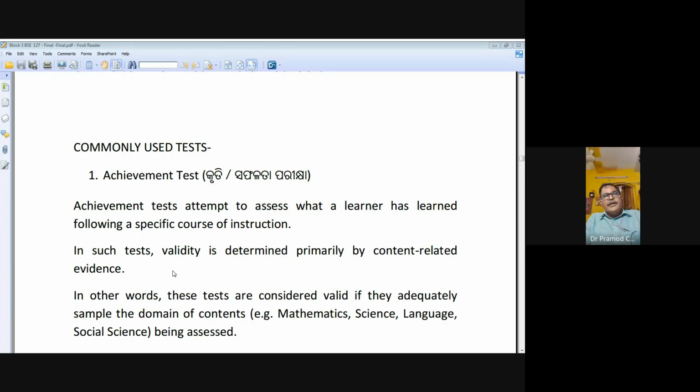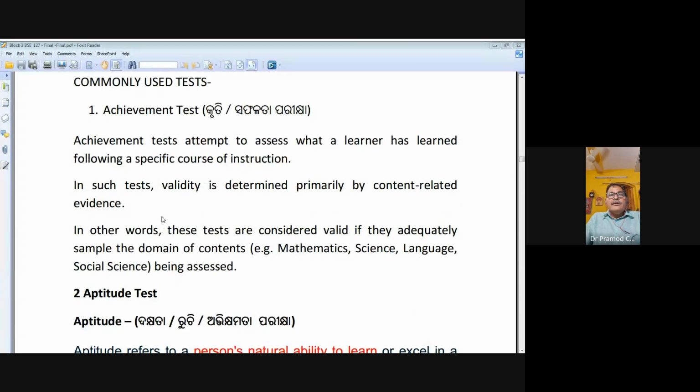The first is achievement test. Teacher-made test we have already discussed, and you know that in this achievement test, after the instruction, after the completion of the course, we are conducting the achievement test, and this type of achievement test must have validity and also reliability, and content related evidence should be there,